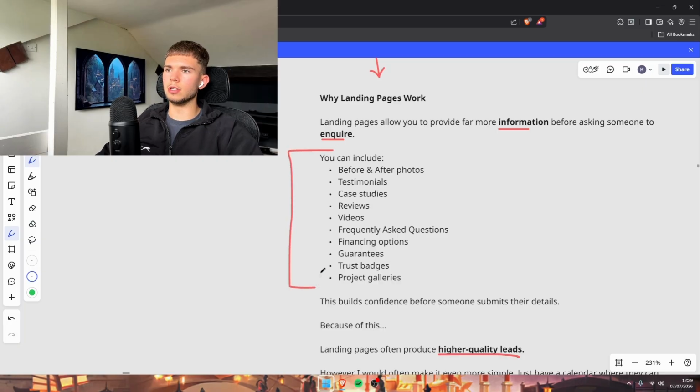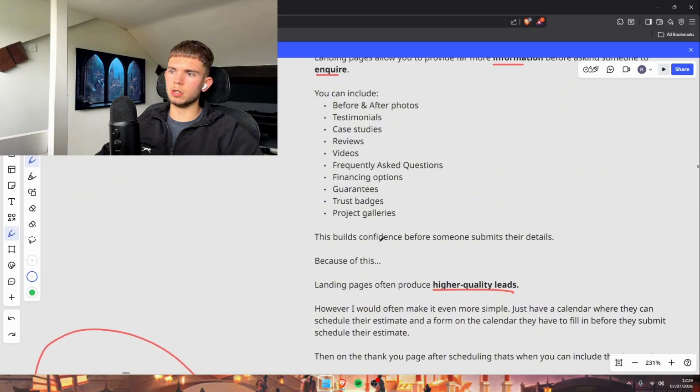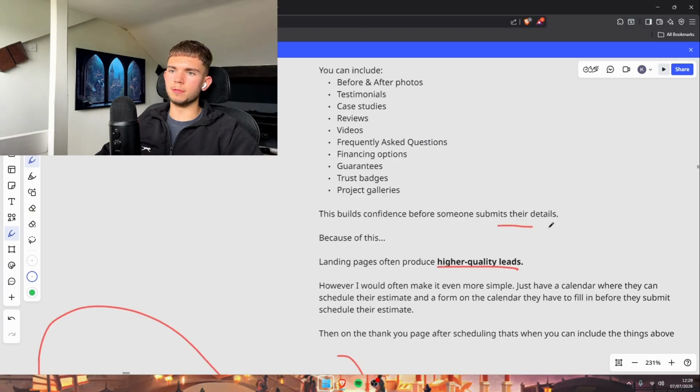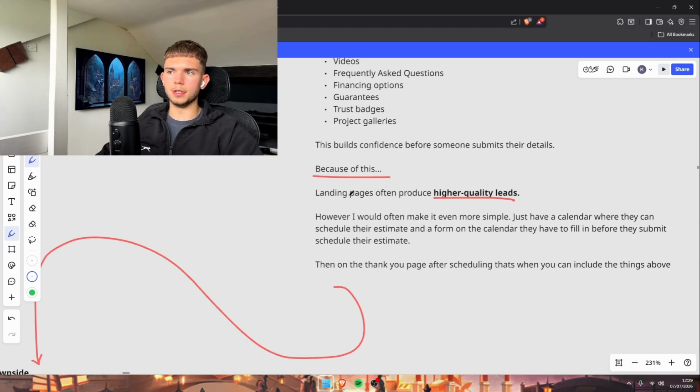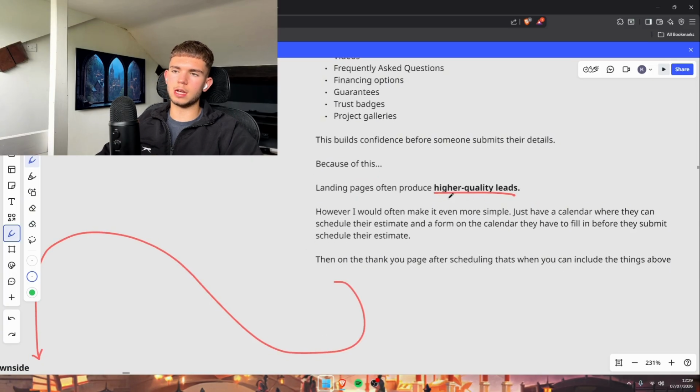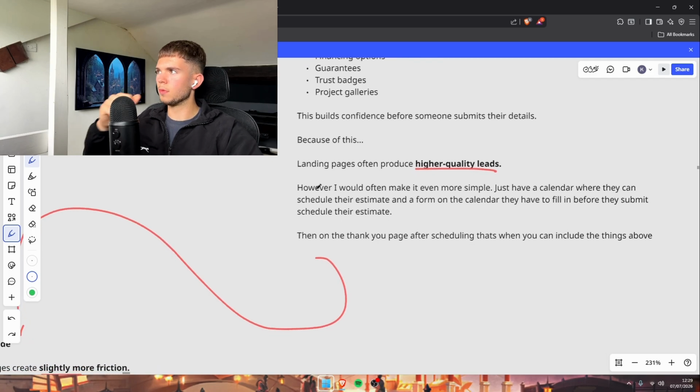You can include these things: before and after photos, case studies, testimonials, reviews, videos, frequently asked questions, financing options, guarantees, trust badges, project galleries, etc. Now, this builds confidence before someone submits their details. Because of this, landing pages often produce higher quality leads. However, I would often